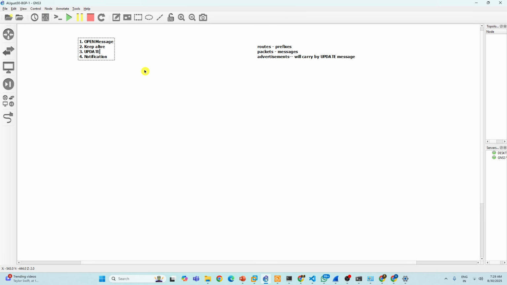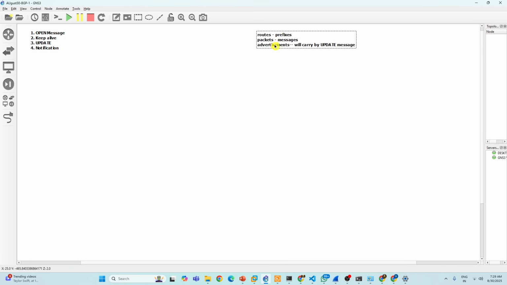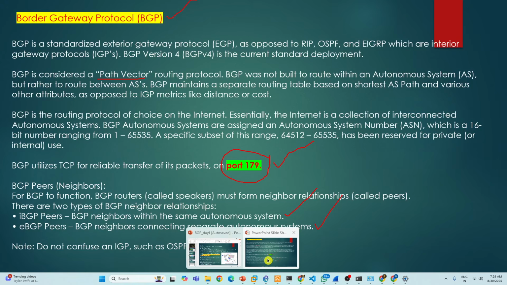Okay, understand? And you know, right? In OSPF, the five packets are important during the adjacency process, they will help you. Here also in BGP, during the adjacency process, these four messages will help you. And we have several states as well. I'll explain it here.